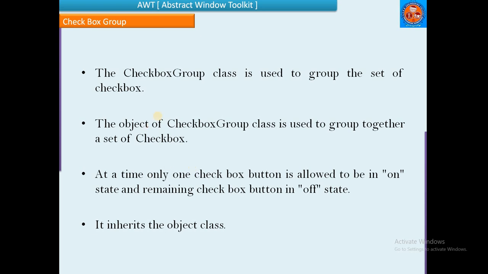As said, in general a checkbox will allow us multiple options, whereas once a checkbox is added to the checkbox group, it will allow us at most one option. That means it is a radio button. At a time, only one checkbox button is allowed to be on. The remaining options are off. It inherits the Object class.